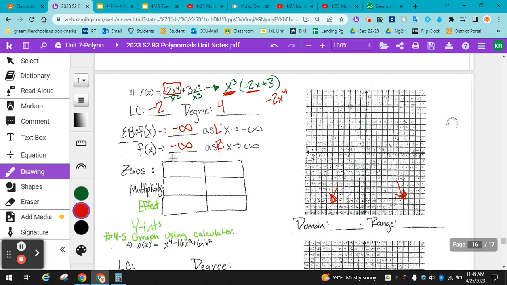So we have x cubed equals 0. So that's just x equals 0. So that's 0 is 0. Multiplicity of 3. The effect, this is your first cross flatten, just like the cubic. And then